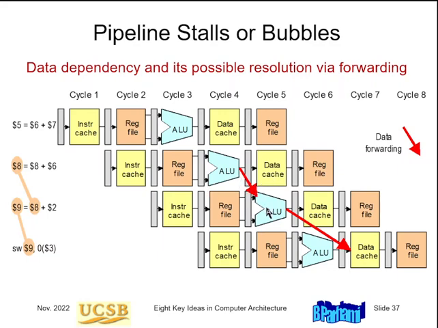You basically detect this dependency. There's special hardware to detect that dependency. And the hardware recognizes that what we need here as input to the ALU was computed by the previous instruction at the output of the ALU, and it simply forwards it. In due course, the value will be eventually recorded in the register too, but meanwhile we use that value, sort of intercept it on the fly and use it here.